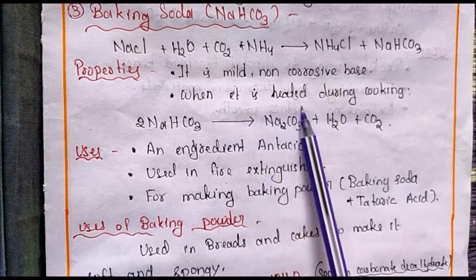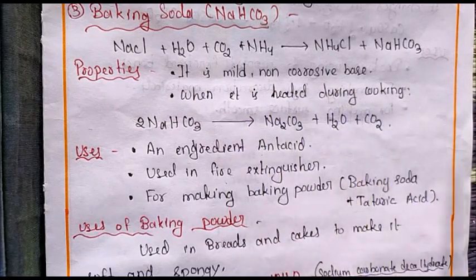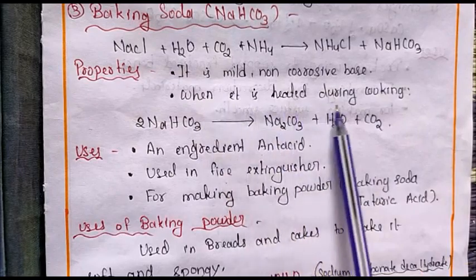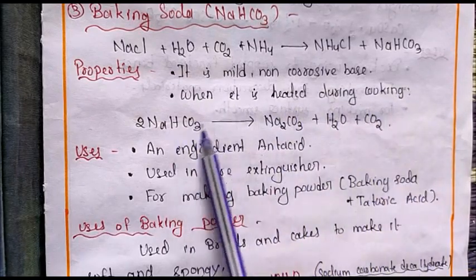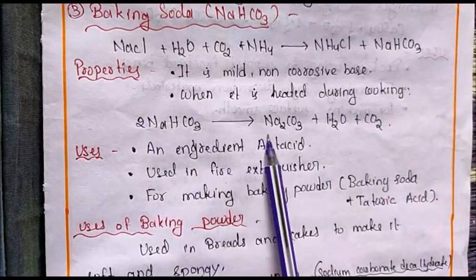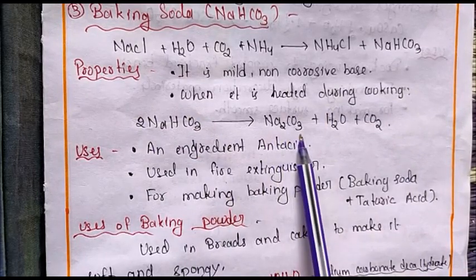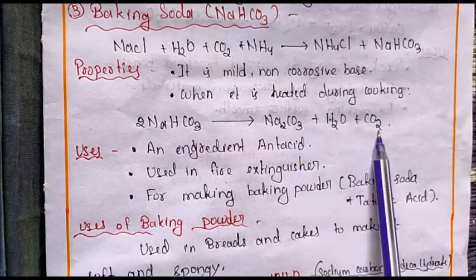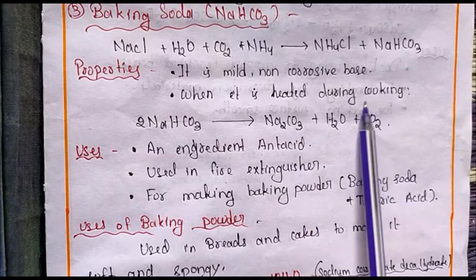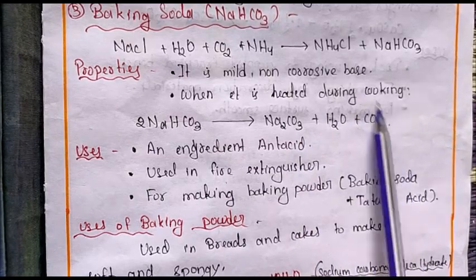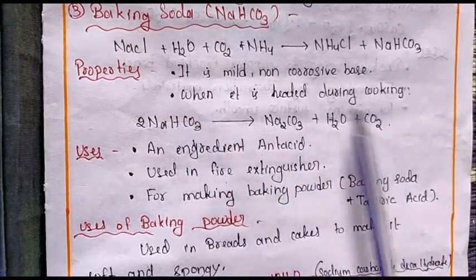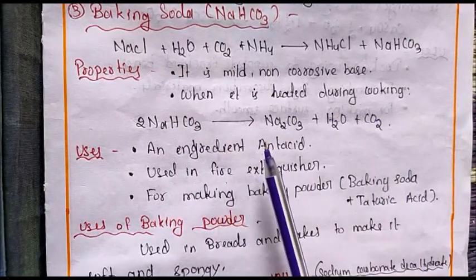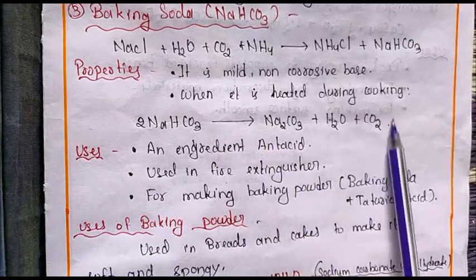When it is heated during cooking, what happens? Baking soda evolves Na2CO3, sodium carbonate, plus water plus carbon dioxide. This carbon dioxide is very important. You know baking soda is used in cooking. When carbon dioxide is evolved,